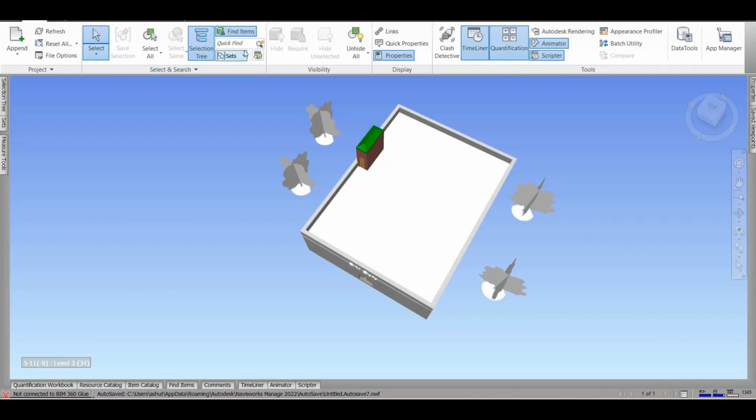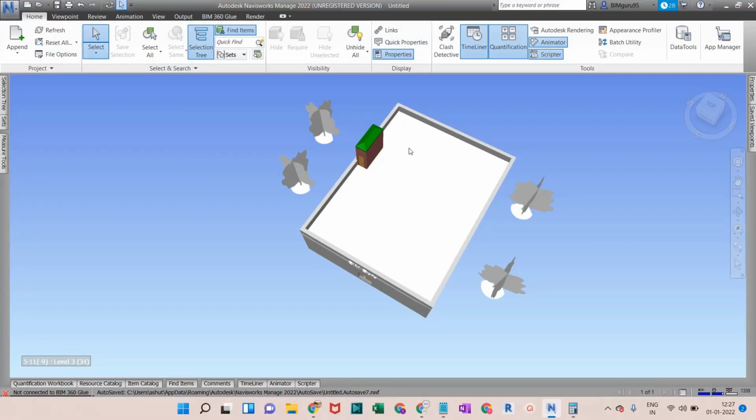Okay, now in this video we'll discover some more features. First of all, you can see we'll start from the Home tab and we'll cover the maximum portion. We cannot cover all today.